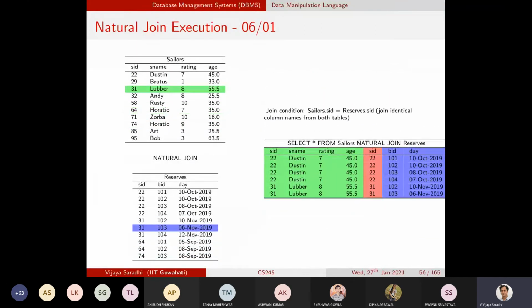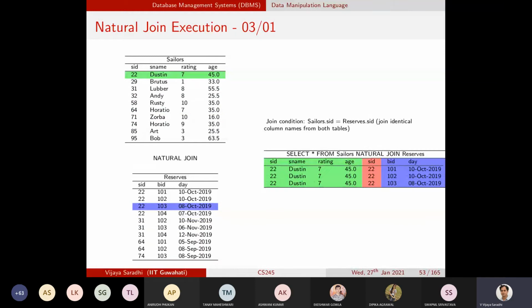See here, I have joined the first record with the first 4 rows of the reserves table. Then the second row of the sailors table does not have any matching record that makes this condition true. Sailor ID equal to reserves ID for the second row will not be true for any of these rows in the reserves table because sailor ID 29 has not reserved any boat.